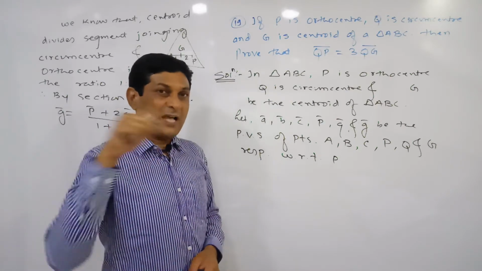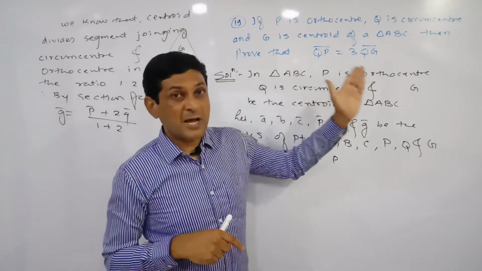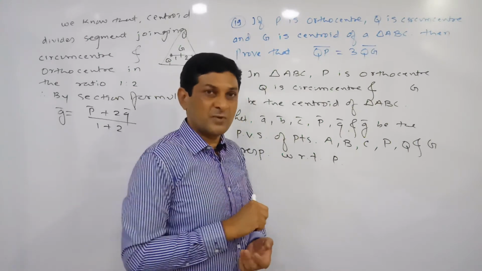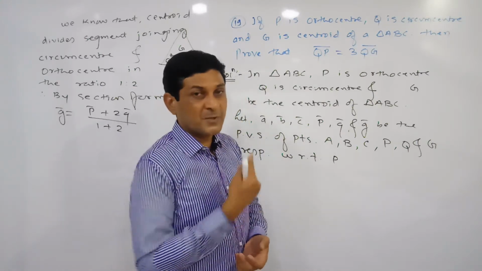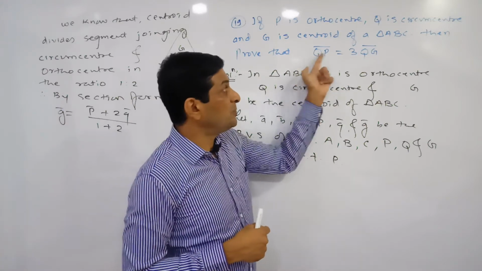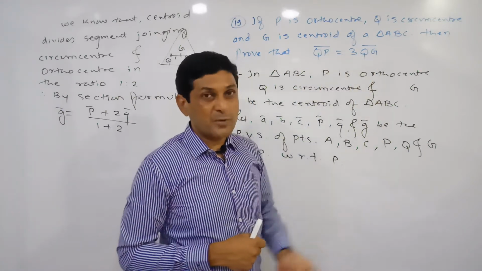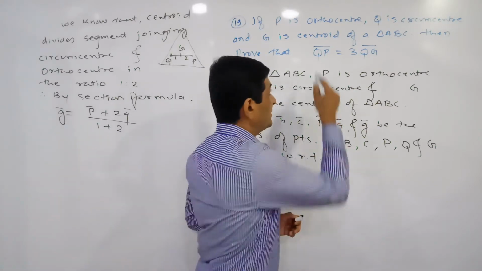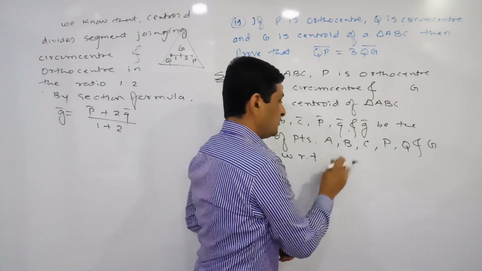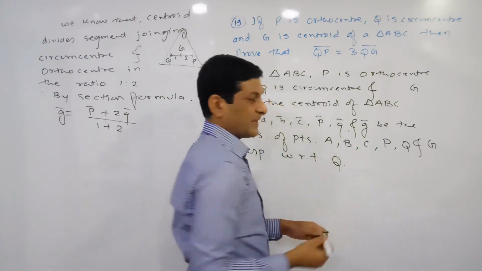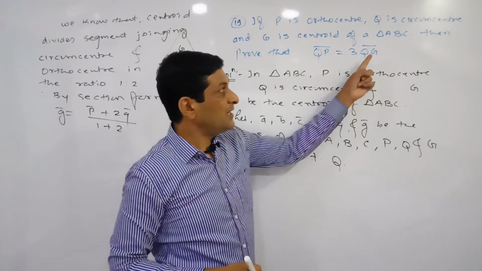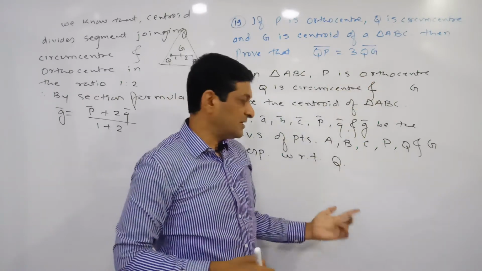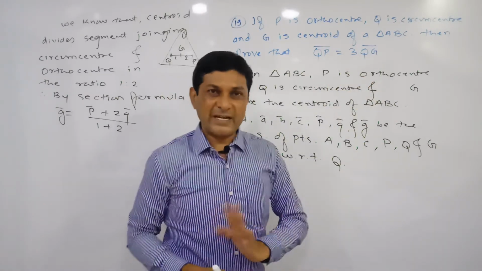If you observe the last example, terms like PA bar, PB bar, PC bar appear. That's why we defined the position vector with respect to point P. But in this example, terms like QP bar, QG bar appear. That's why we have to define the position vector with respect to point Q. So here we are defining the position vector with respect to point Q. In our required result, G means the centroid. Since the centroid appears, it is not necessary to write down the centroid formula.